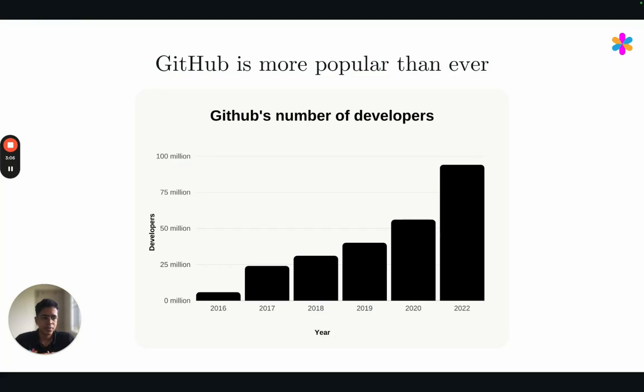And this is really huge for such a tool. GitHub is not like a tool that everyone will find easy to use. It's in fact very difficult to use, but still the number of developers who are working on GitHub is so huge. And it's for a very good reason. It makes life much easier once you start mastering it.